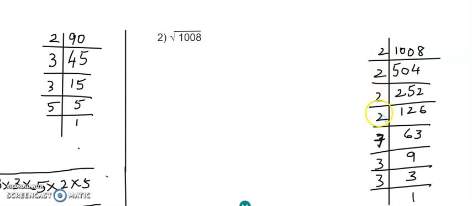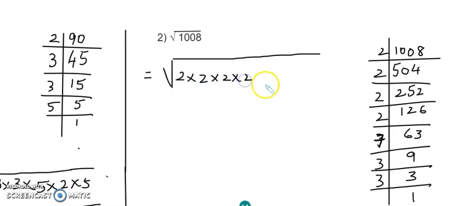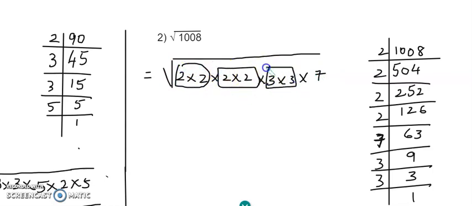So 2 is an even number, so it's in pairs. 3 is also in even numbers because 1, 2. So only 7 is an odd number. I mean, it is appearing an odd number of times. Let's put them in factors as pairs. First let me write those numbers which are in pairs. So 2 is 4 times, 3 is 2 times, and I have a 7. So I have this in pair, I have this in pair, but the 7 is the one which is singled out.